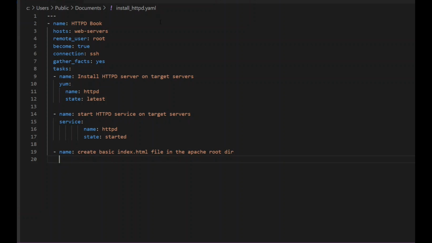I'm going to use copy. It's going to be content. So content, and here is going to be this. I'm going to write simple text. This is technoconfig test page,